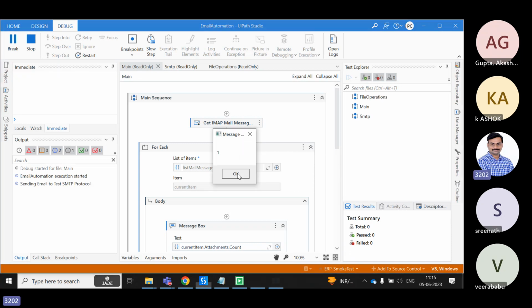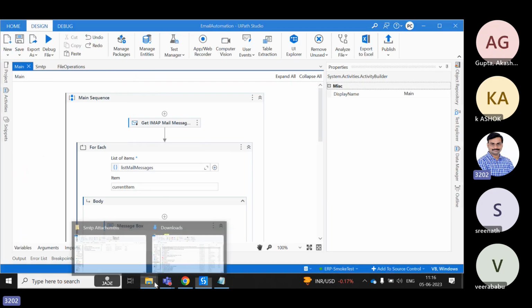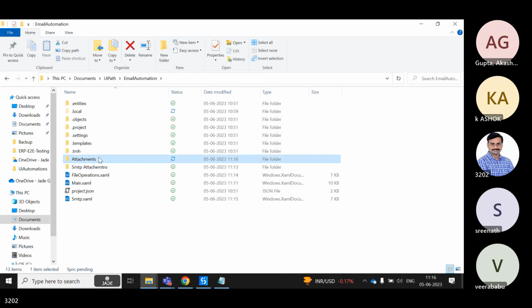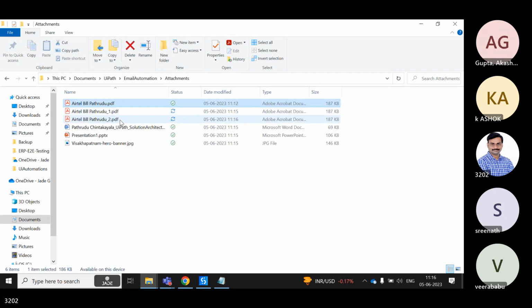For attachments, 0 attachments. So if I go to the folder attachments, right? See, we have 3 files created. This is the initial one, and later they were appended with the next number. Okay. And in case you want to give the file name as well,